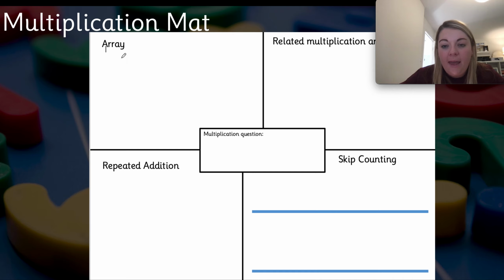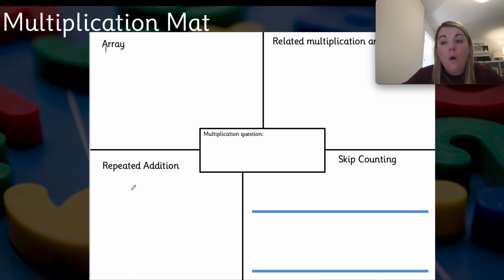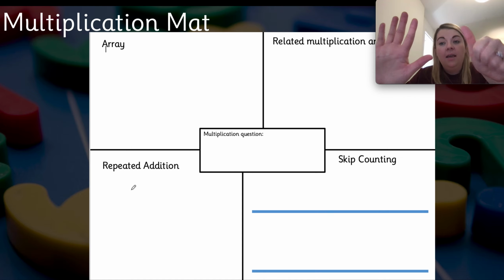We've spoken about an array. We've spoken about skip counting and using the loops on the number line. We've spoken about related multiplication and division facts, and we know what the question is. The only thing we've not really touched on so far is repeated addition. For repeated addition, you're using your groups of and working out. So 6 groups of 3 is 6 add 6 add 6. So adding 6 3 times. Or 3 groups of 6, which is 3 add 3 add 3 add 3 add 3 add 3. So you're adding